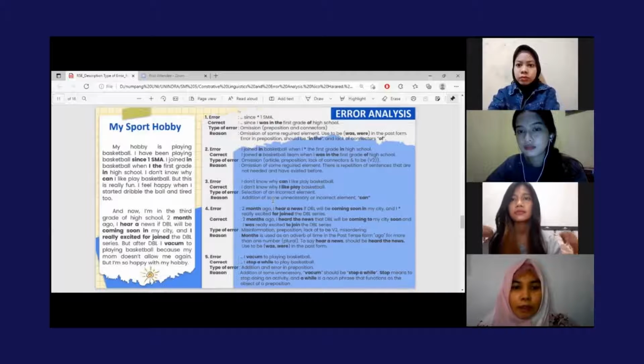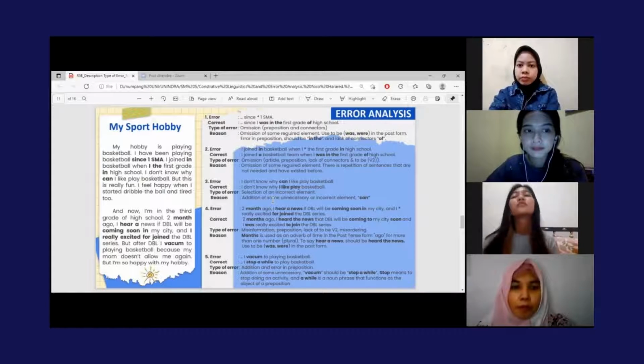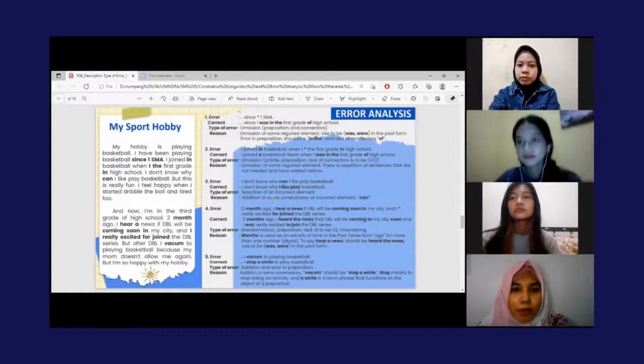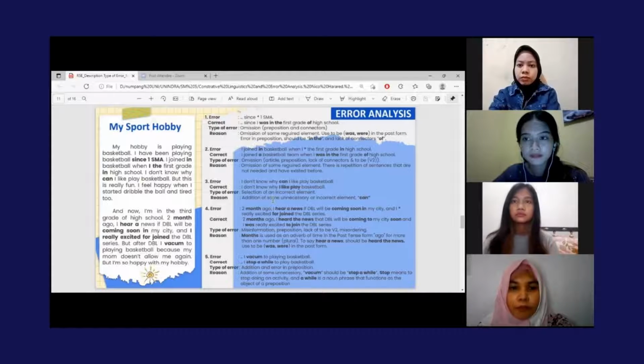Then the second sentence of paragraph 2, "2 months ago until for joining the DBL series," includes the type of error misinformation, preposition, and lack of to be verb, as shown in the slide.